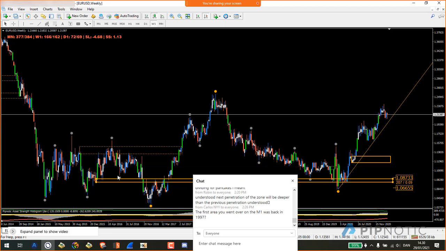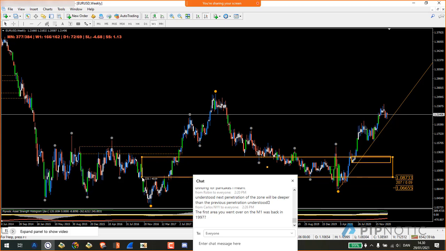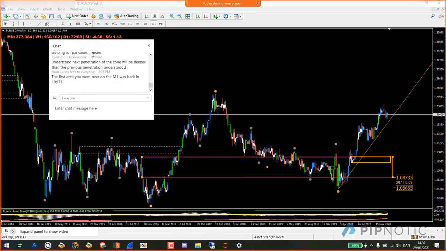Tested, tested, tested, and now it's gone. What area removed it? This is a really big candle, isn't it? This one did. Tested, tested, tested. Okay, and now we have this, which is kind of a messy one, so there's not a lot of clarity on